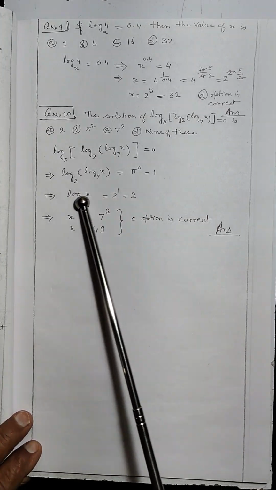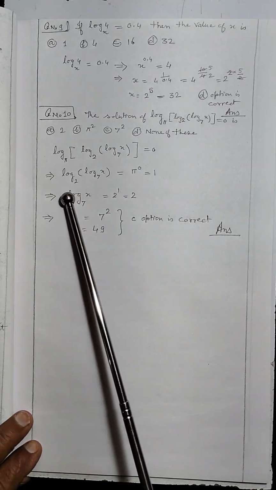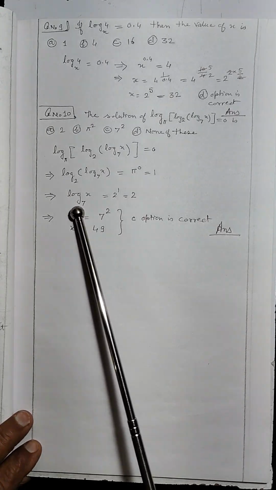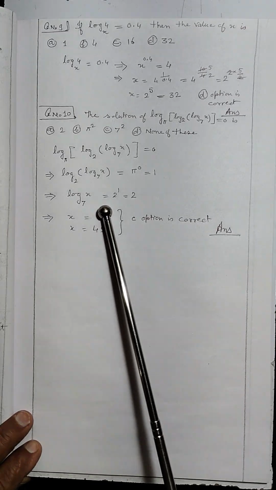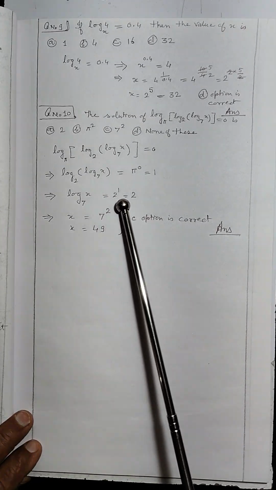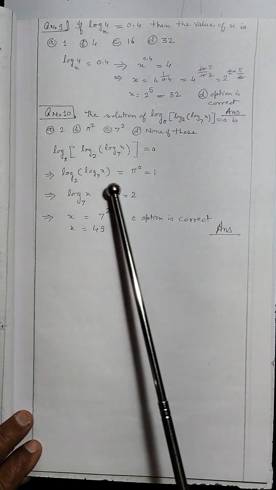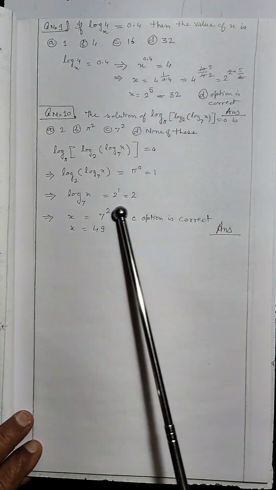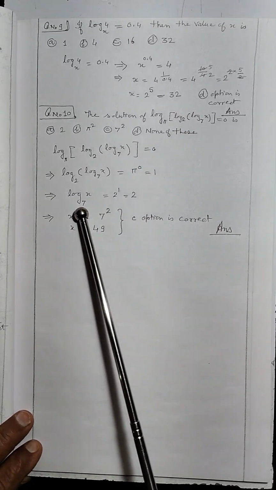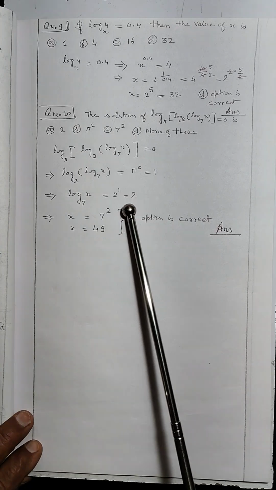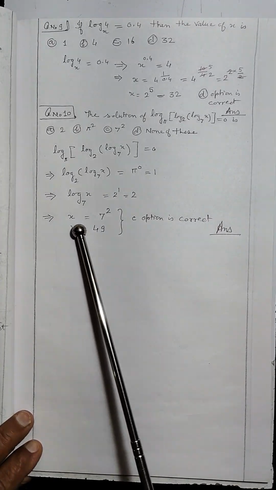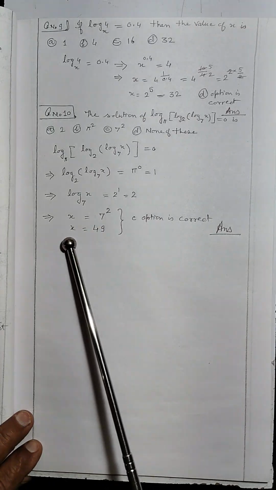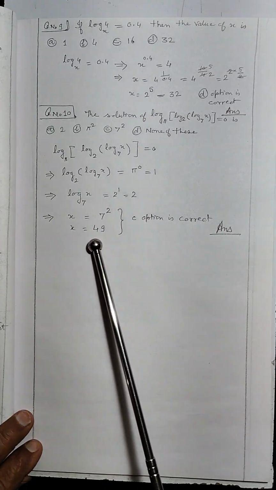So again this can be in exponential form. Second time it will be written in exponential form. Log of x to the base 7 will be equal to 2 raised to power 1. See, this becomes the power and this base will remain. So 2 raised to power 1 will be equal to 2. So again log of x to the base 7 is equal to 2. Therefore x is equal to 7 raised to power 2, or you can work out that x is equal to 49.